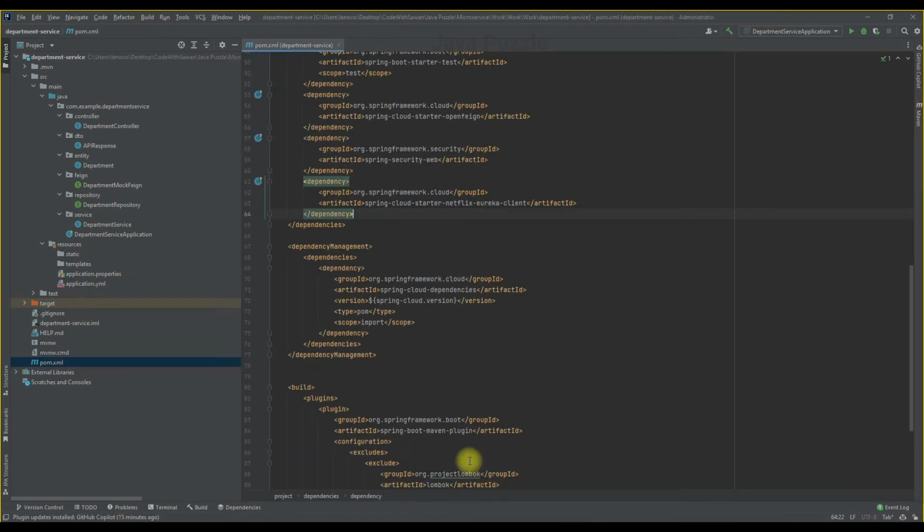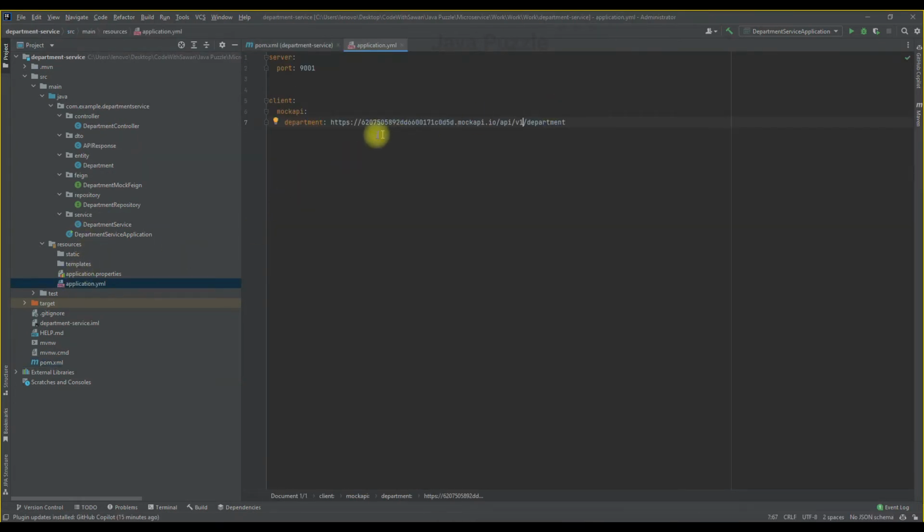The same I have to copy in the department. Make it true, and after fetch-registry, we have to add one service URL. In the service URL we have to add the default zone.